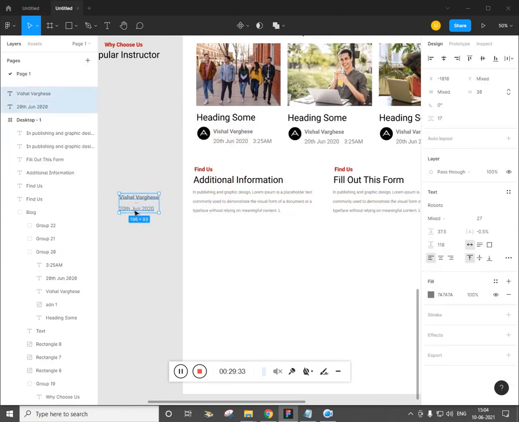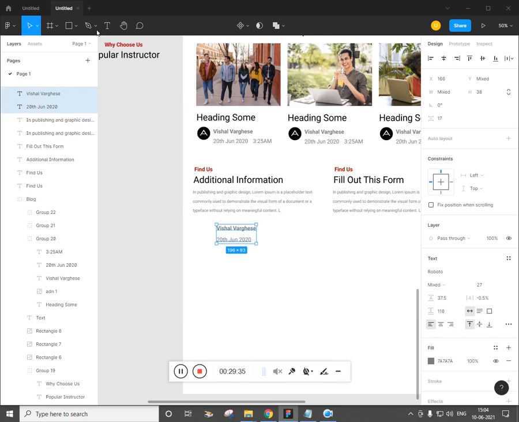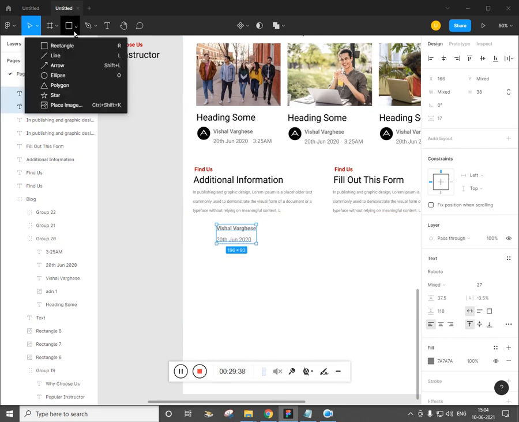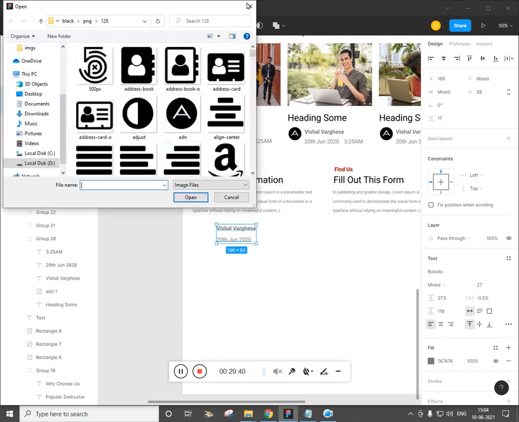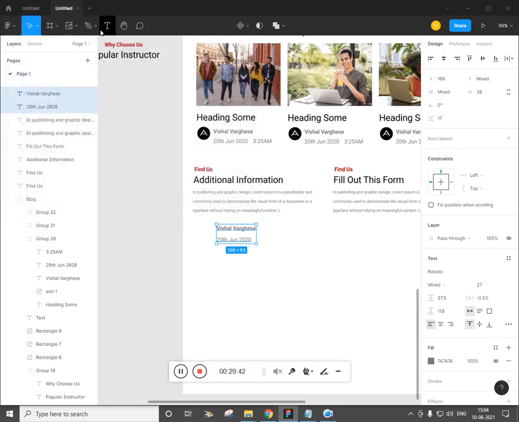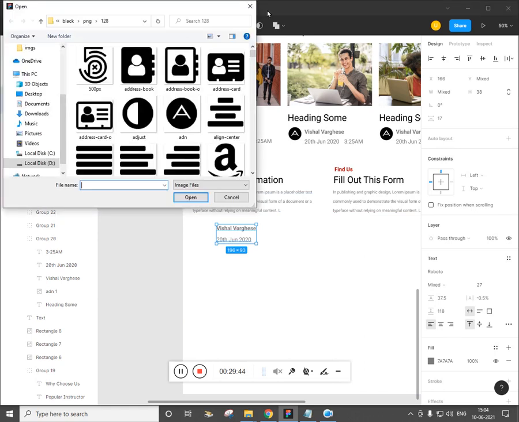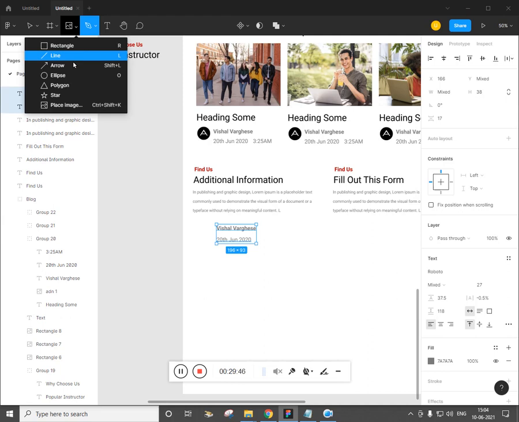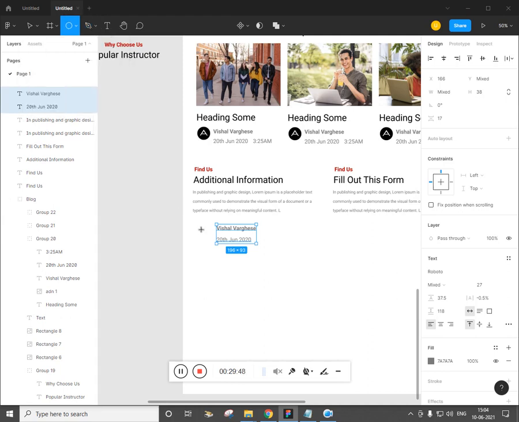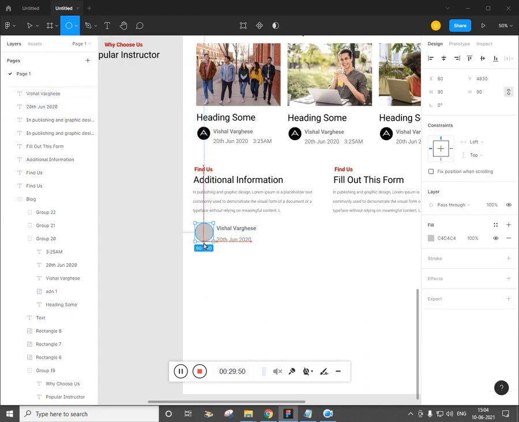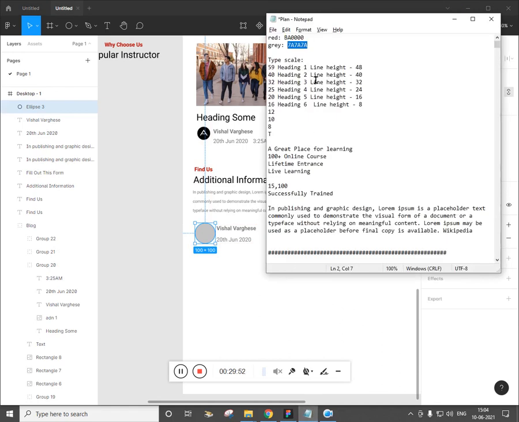Now place it over here. Now create an ellipse, or we'll do this. Okay, I'll show you one more time. So get into create ellipse, and fill the color with red.